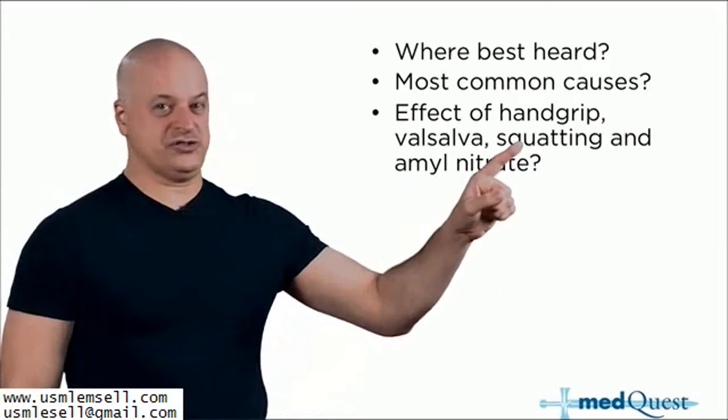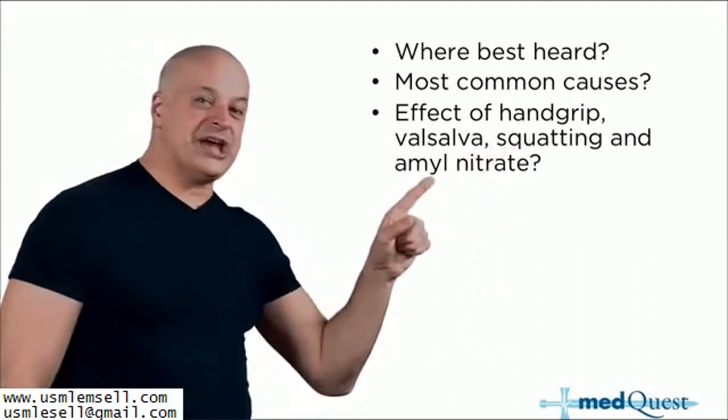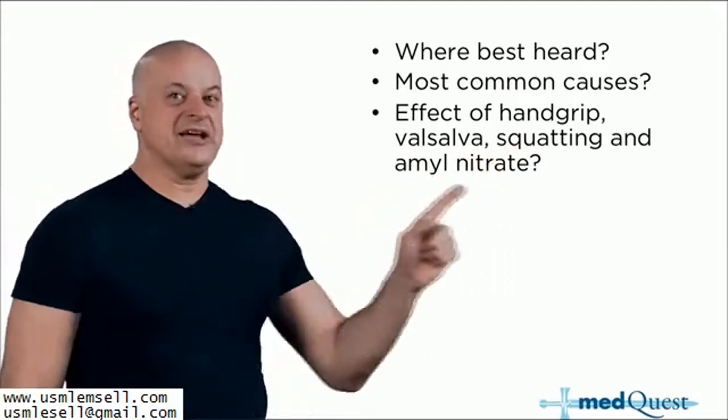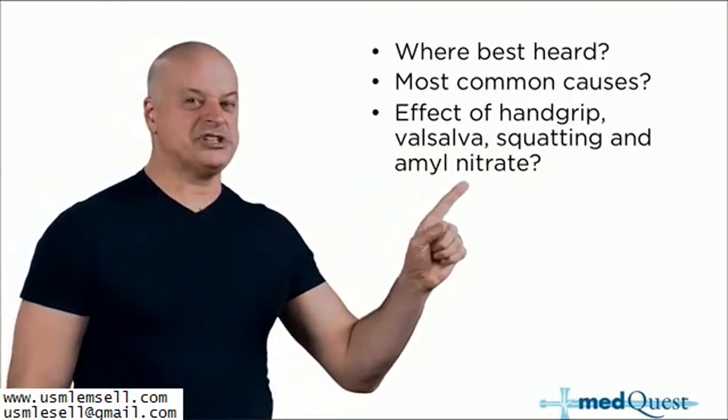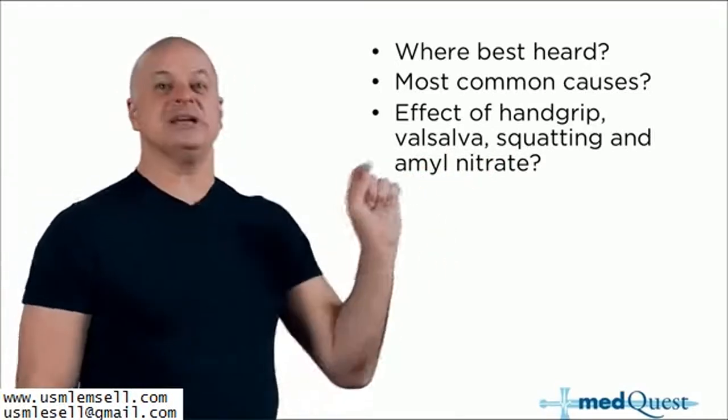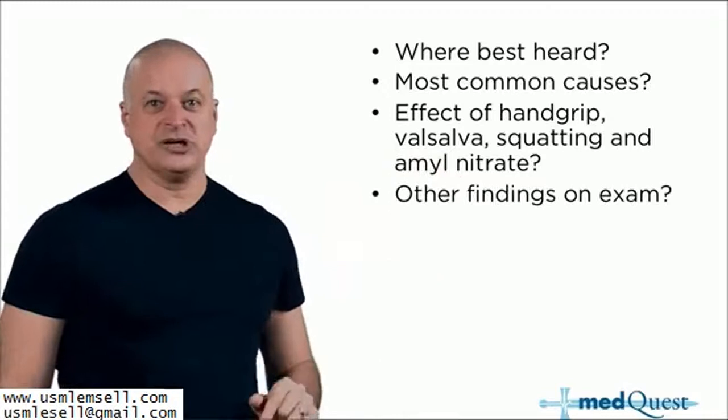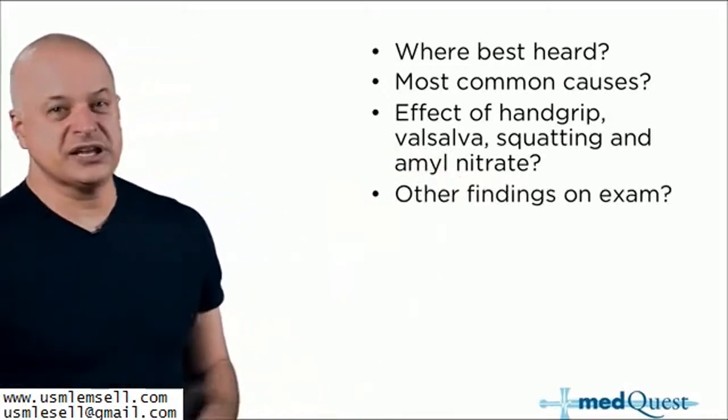Squatting increases venous return to the heart. Amyl nitrate is a vasodilator. Amyl nitrate is the opposite of hand grip. Amyl nitrate decreases afterload. Now, the other findings on the exam, aortic regurgitation is loaded with all sorts of extra